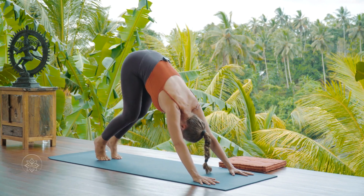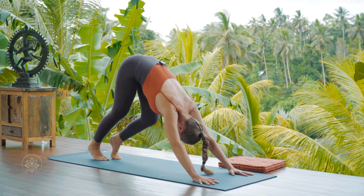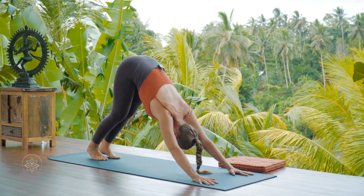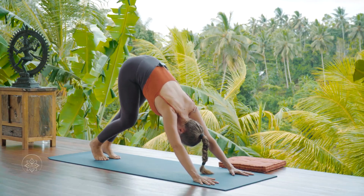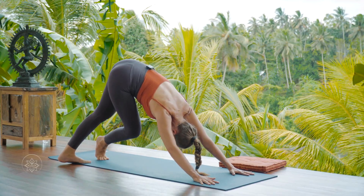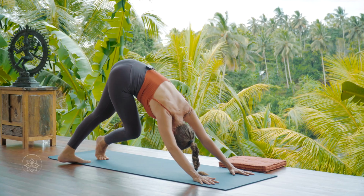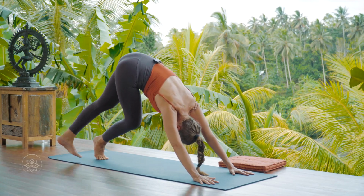Take a moment to bend into one knee at a time and to stretch out the back of the legs. Beautiful. Pressing both heels down at the same time now, bending into that right knee, and take the left, step it over and across, and push the hips back and stretching now the entire left side, including the heel. Coming back to center,